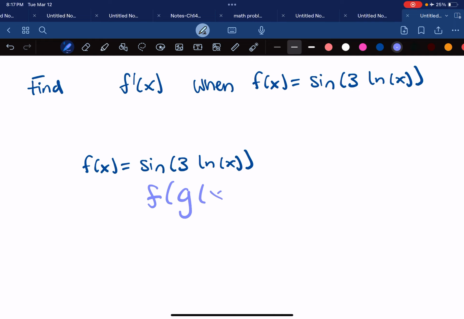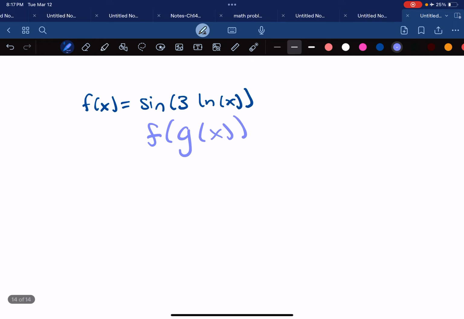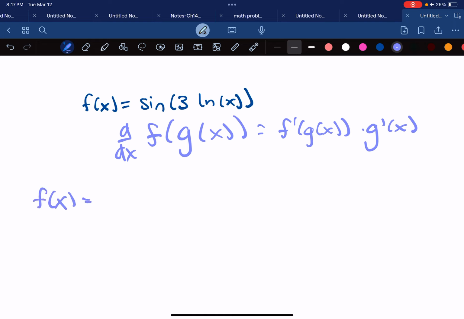inside of another function. And so looking at what the chain rule tells us, if we're taking the derivative of this, we get the derivative of our outside function with the inside function replacing the x, times the derivative of our inside function. So if our outside function is equal to sine x, and then our inside function is equal to 3 times the natural log of x,